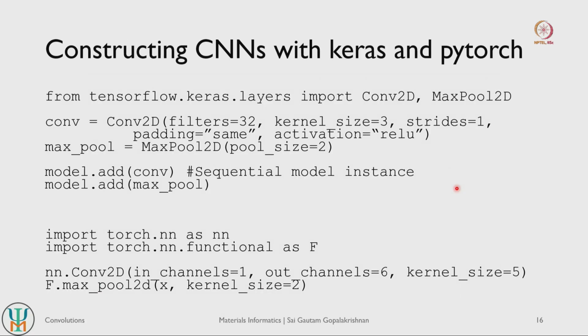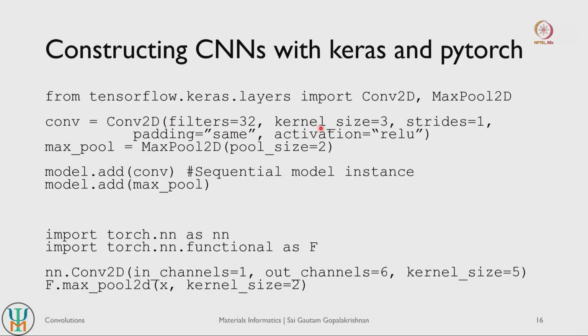Okay. So how do you construct convolutional neural networks with Keras and PyTorch? With Keras you can import this class called Convolutional 2D. It basically creates a 2-dimensional convolutional neural network, very good for images. Max pooling basically refers to a pooling operation on 2-dimensional matrices. So you can create an instance of Convolutional 2D layers. Just like you created instances of sequential layers and dense layers before, you create instances of convolutional layers, and here you put in the additional hyperparameters.